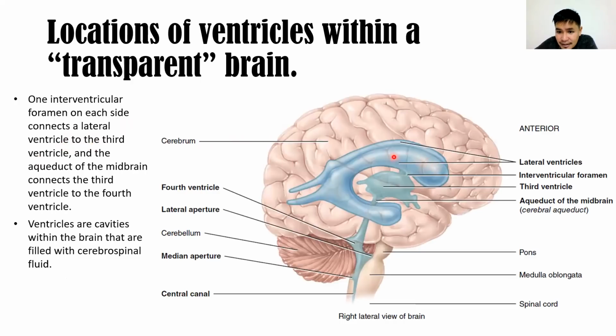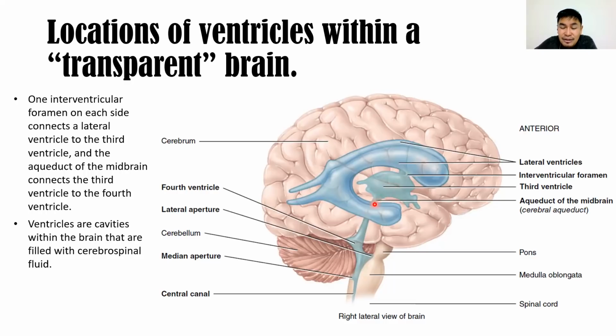So this is your lateral ventricle. Ilan yung lateral ventricle natin? Dalawa. You have your interventricular foramen that will drain the CSF or flow the CSF from lateral ventricle to your third ventricle. From the third ventricle, the CSF will flow through your aqueduct of the midbrain, cerebral aqueduct, papuntang saan? Fourth ventricle. No? 1 and 2, lateral ventricle, dadaan interventricular foramen to your third ventricle, daan through your aqueduct of